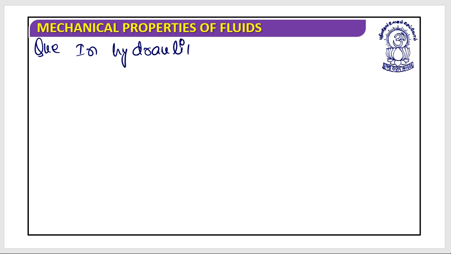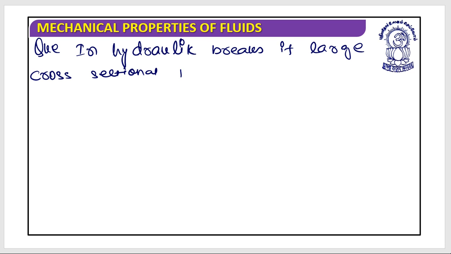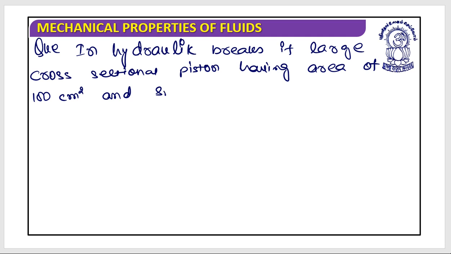In hydraulic brakes, if the larger cross-sectional piston has an area of 100 centimeter square, and the smaller one has an area of 10 centimeter square,